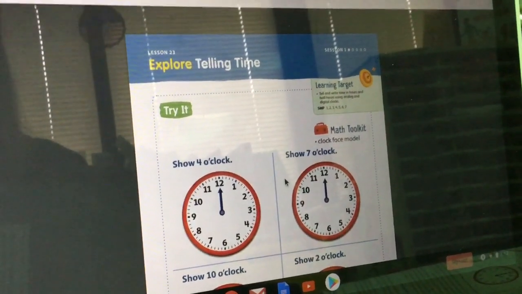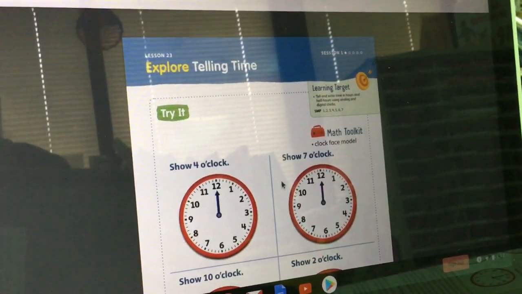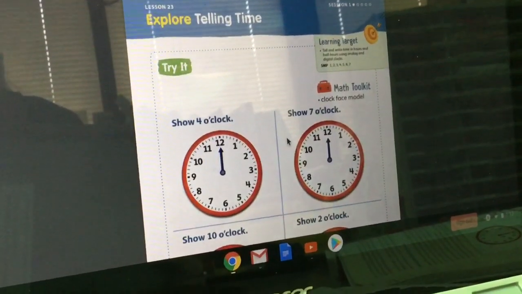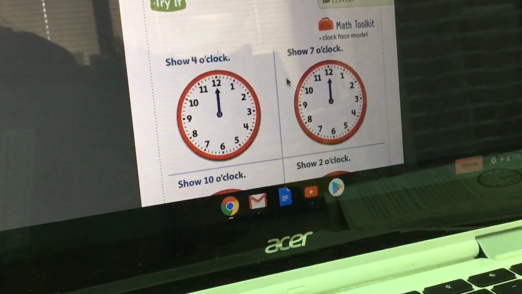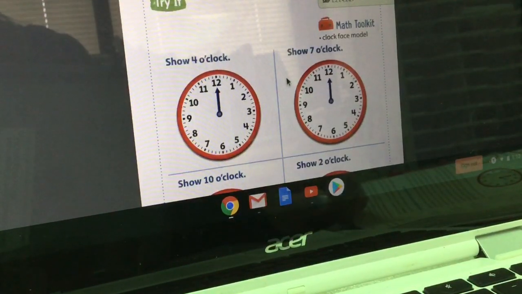Families. Today we're working on lesson 23, session 1, and it's very exciting that we're starting telling time today. Hopefully you had a minute to check out the YouTube video and the link that was attached to today's email also before viewing the lesson. It just kind of gives a rundown of different things about the clock, but we'll talk about that briefly now